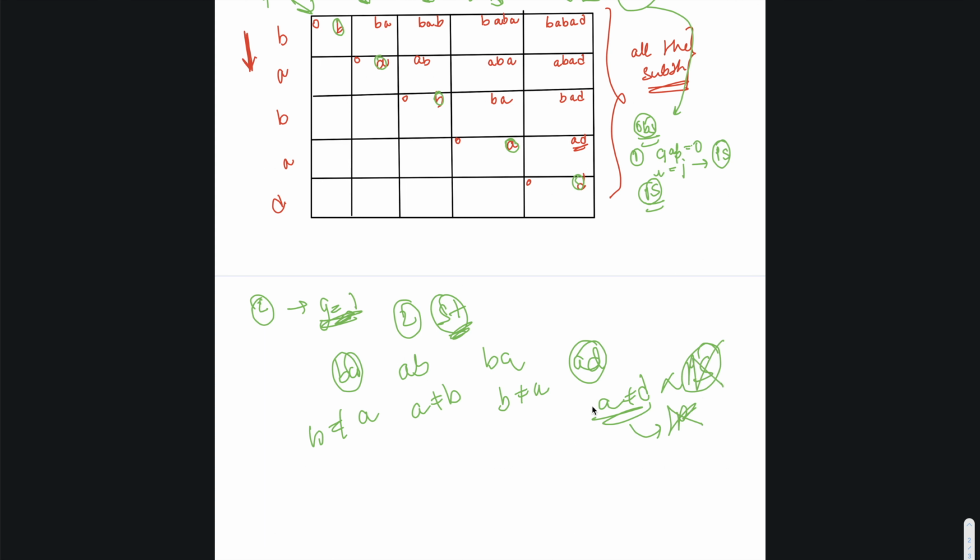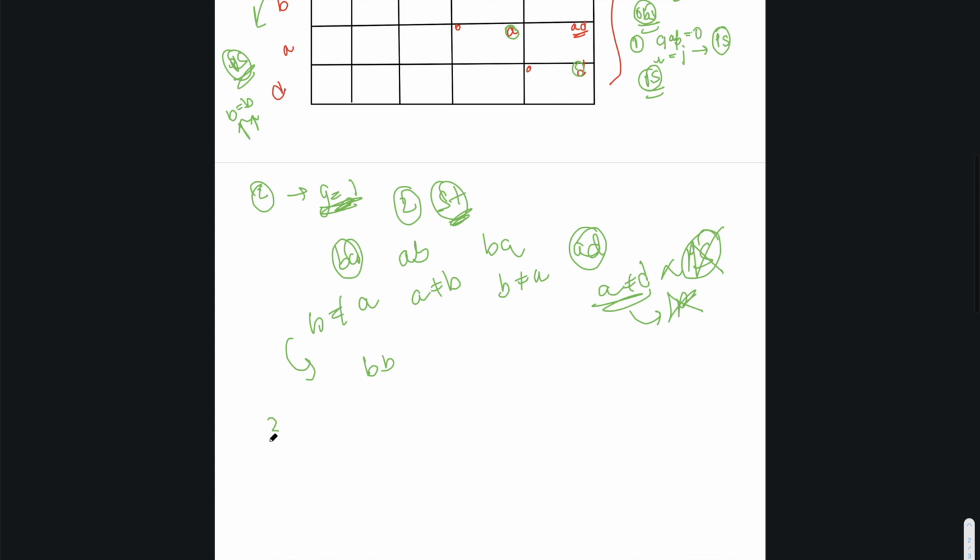Okay. So let us take a scenario in which we have BB here. In this case, this will be a palindromic substring because B is equal to B, like the first and the last are the same.